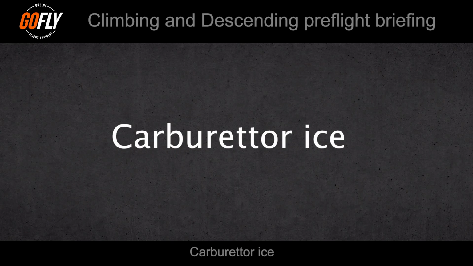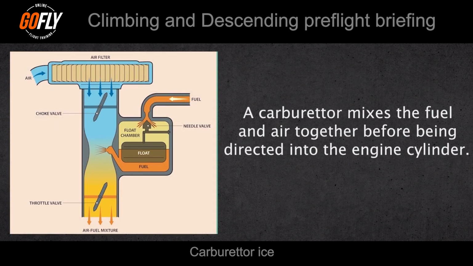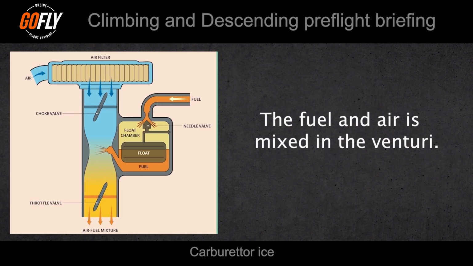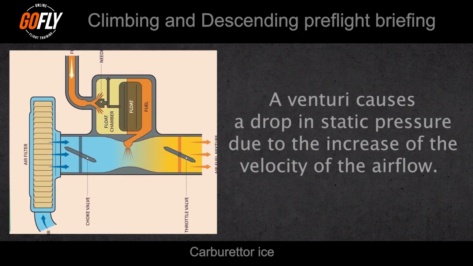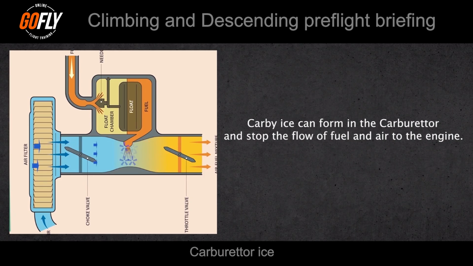Another issue, particularly in a descent with carburetted engines, is carbi-ice. During a descent, there is often a low power setting selected and high airspeed, and this can cool the engine. A carburettor mixes a fuel and air mixture before being directed into the aircraft cylinder. The fuel-air mixture is mixed in the venturi. The venturi is an area that causes a drop in static pressure due to the increased velocity of the airflow. This drop in static pressure also causes a drop in temperature, and under certain conditions can cause ice to form